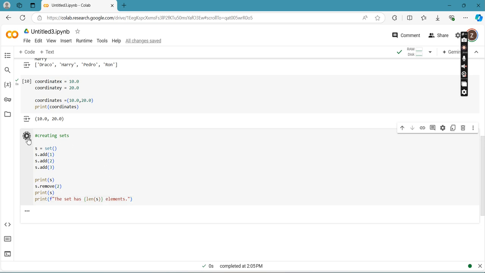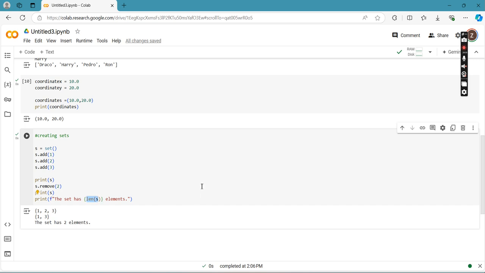Okay, so let's try to do that. It says here, the set has two elements. We have counted the number of elements using the function length.